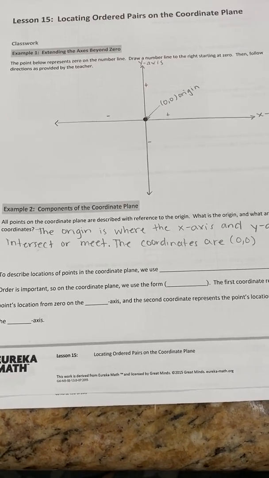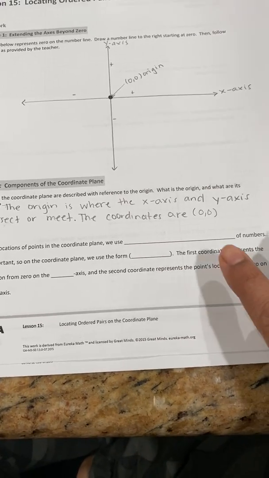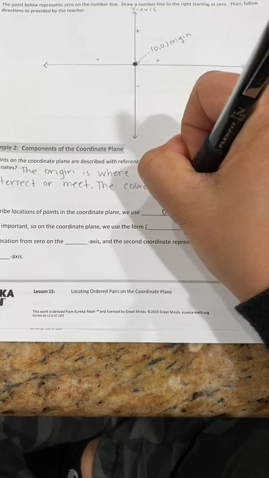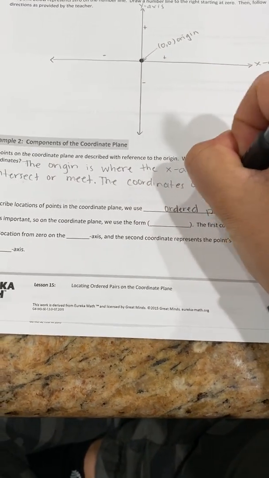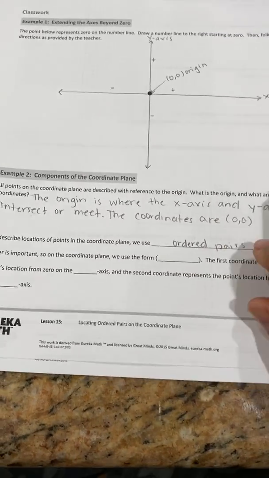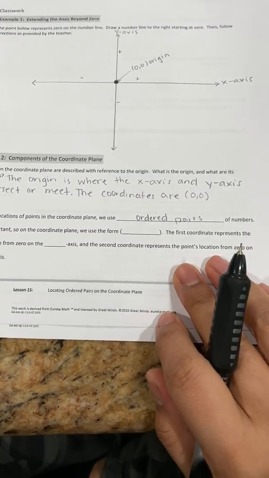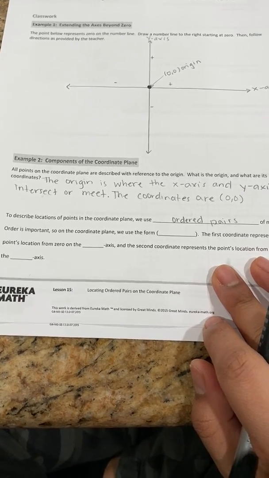To describe locations of points in the coordinate plane, we use ordered pairs of numbers, okay? That's what we talked about yesterday, ordered pairs. Ordered pairs are basically a set of coordinates, kind of like this, 0, 0, okay? Order is important. So on the coordinate plane, we use the form